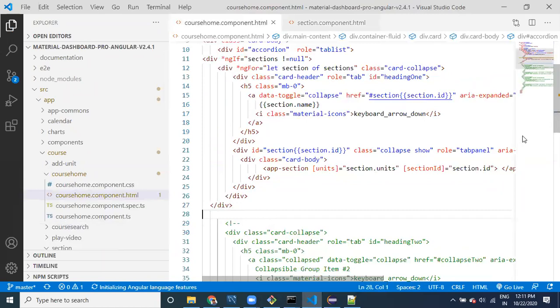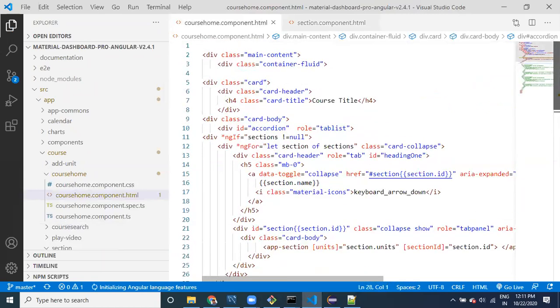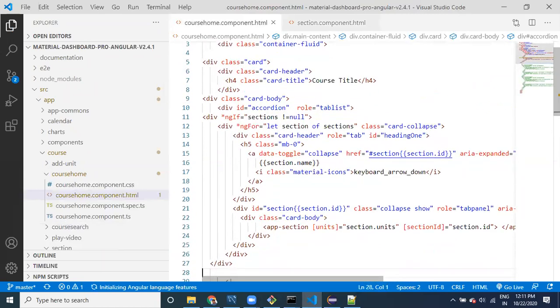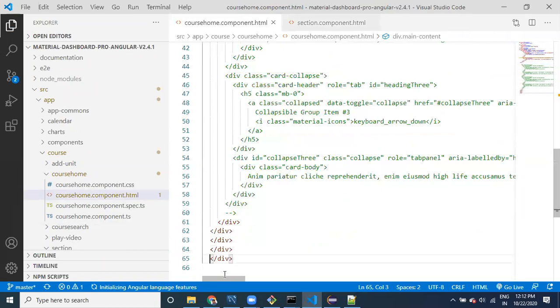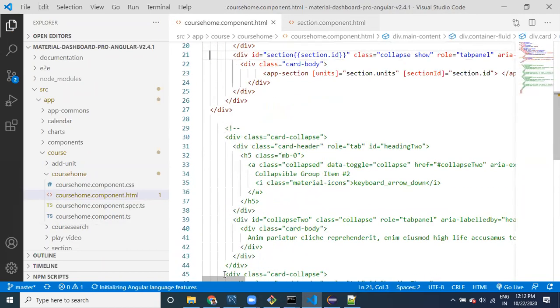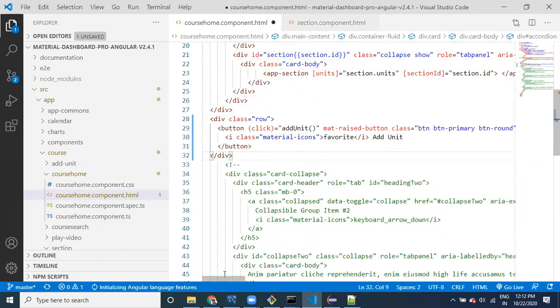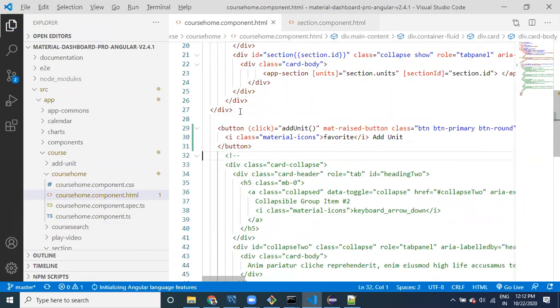In the card body we have this one, so according to the code, let us provide it first and remove the row. Just provide the button, to see how it is going to look.